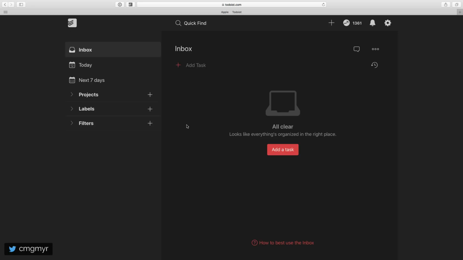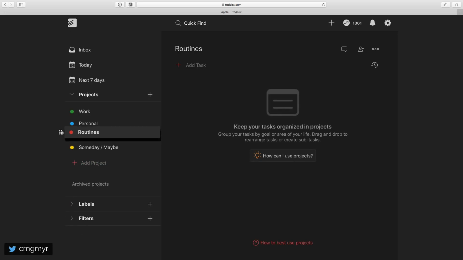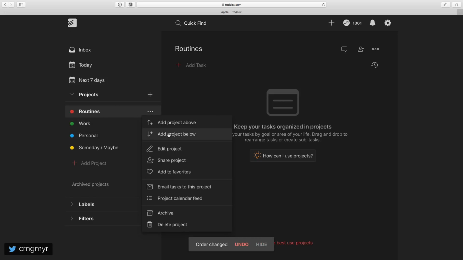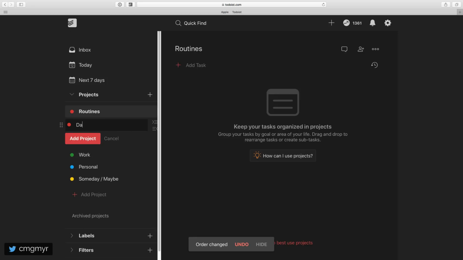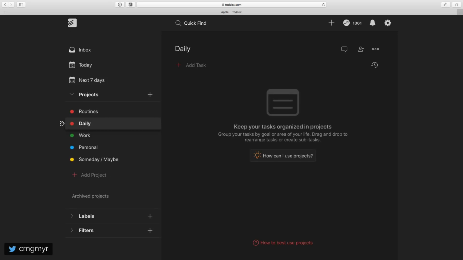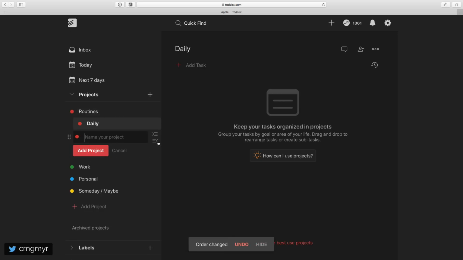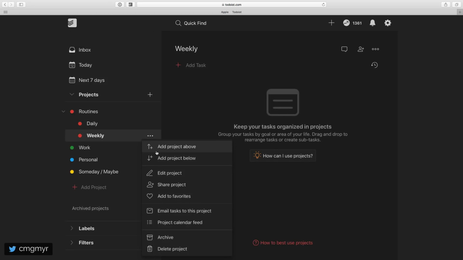Let's go ahead and set up a new routines project in Todoist. So to do that, head over to your projects section, expand that, add a new project, routines, and I like to have all of my routines in red, and we're going to move that to the top. After that, we'll create a sub-project below, and this will be daily, and we'll move that in so it's actually a sub-project. Then weekly, and do the same again for